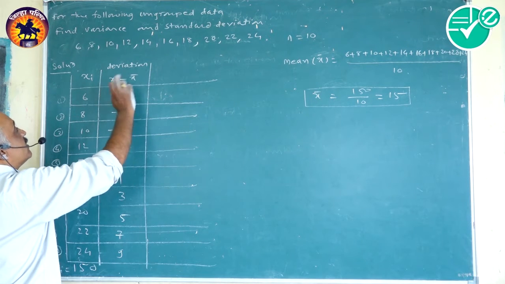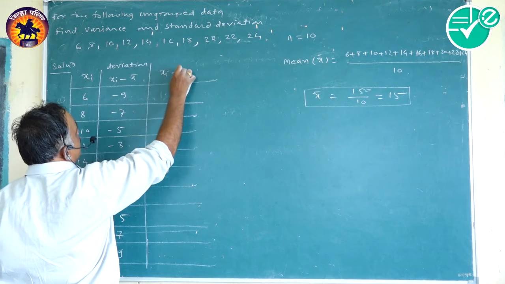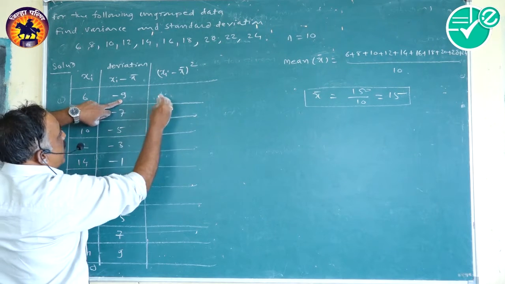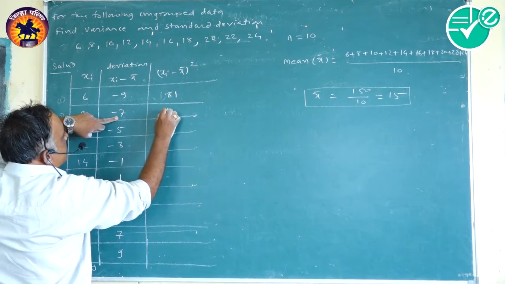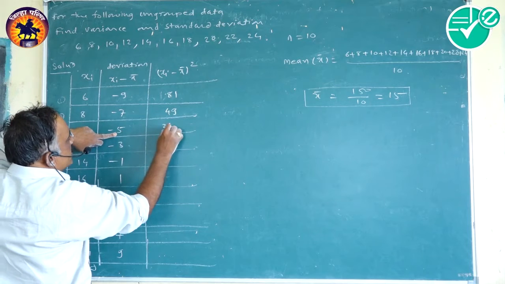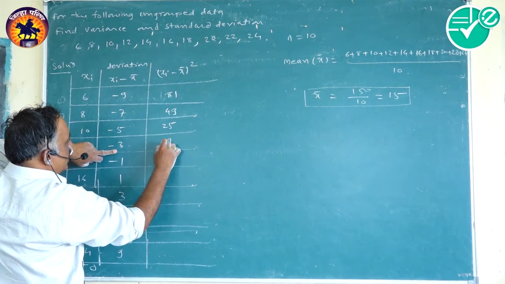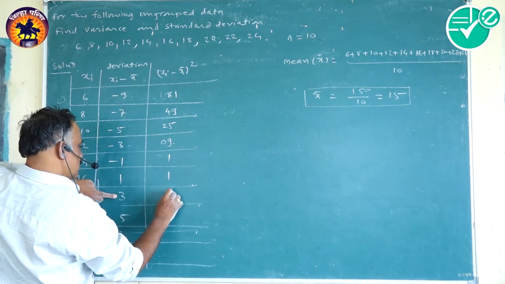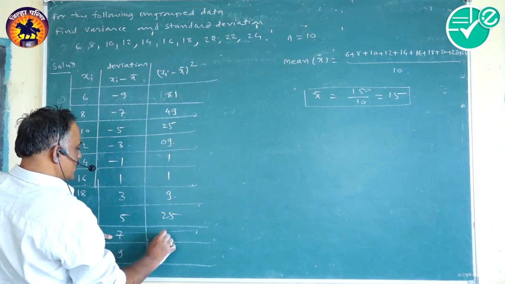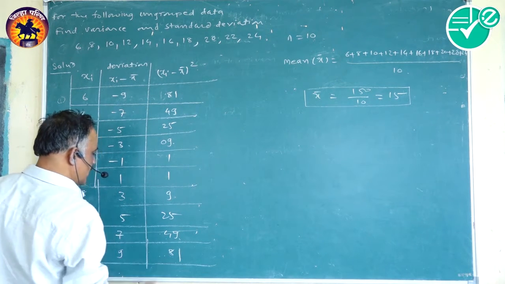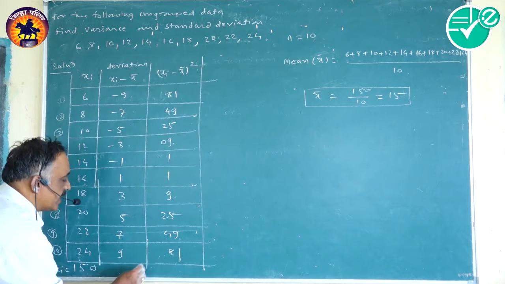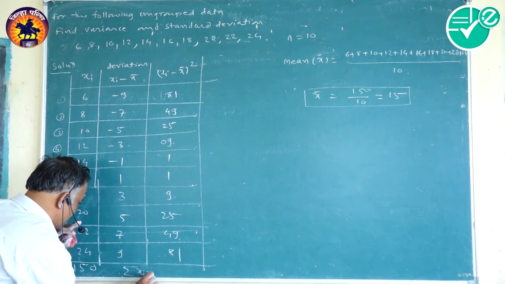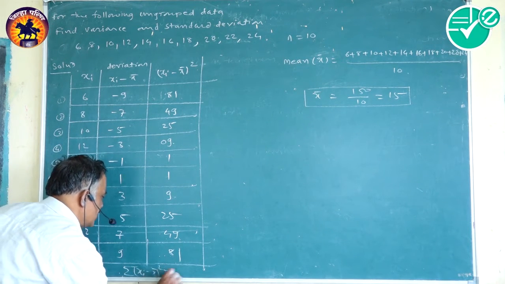To get the variance, I need (xi minus x bar) square. So their squares are: -9 square is 81, -7 square is 49, -5 square is 25, -3 square is 9, -1 square is 1, 1 square is 1, 3 square is 9, 5 square is 25, 7 square is 49, 9 square is 81. Now I have to get the sum of these. Sigma (xi minus x bar) whole square is equal to